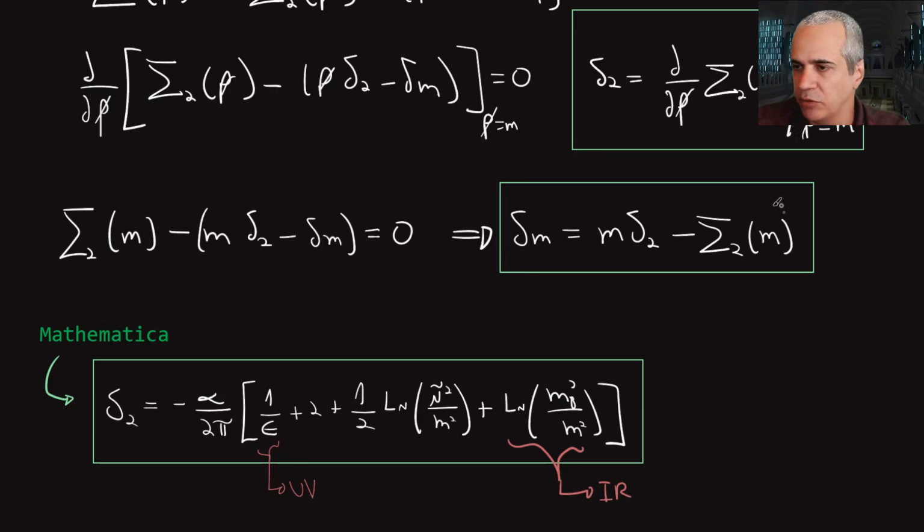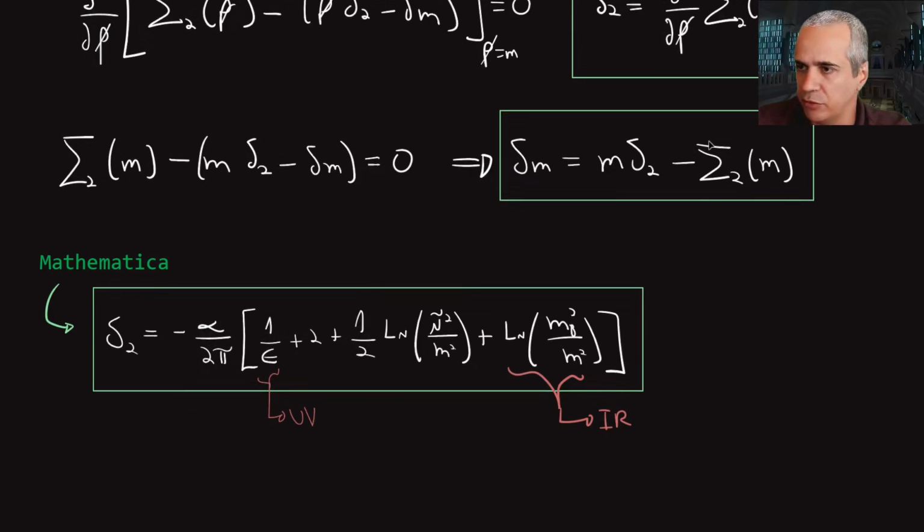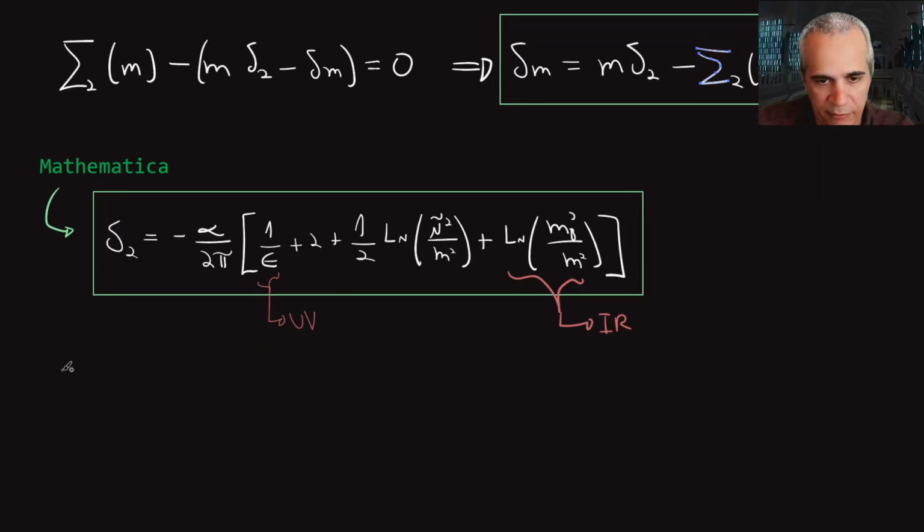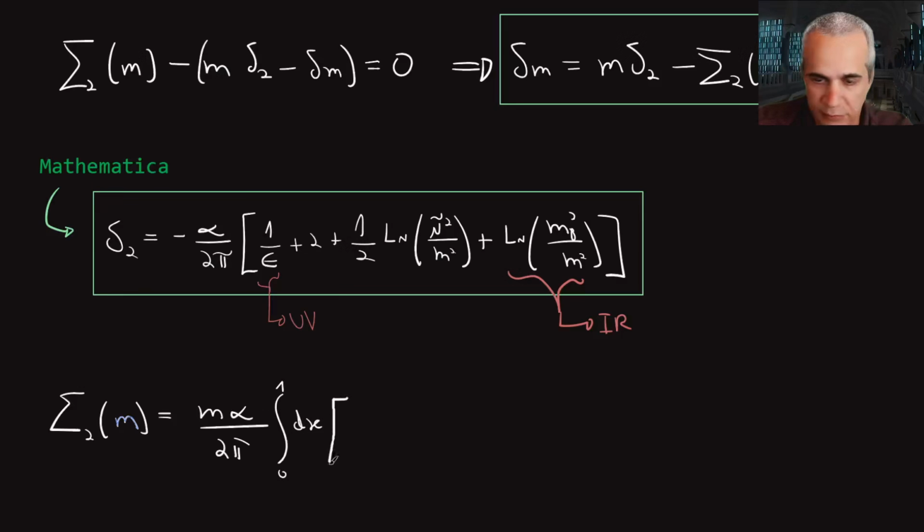But that involves also calculating sigma 2 of M. So sigma 2 of M is just the one loop function, but now substituting p slash for M everywhere. And the expression you get if you do that is just M alpha over 2 pi. You remember there was a lot of p slash and m terms here. I just put m everywhere, and that becomes just 2 minus x, 2 over epsilon, that's the diverging part,